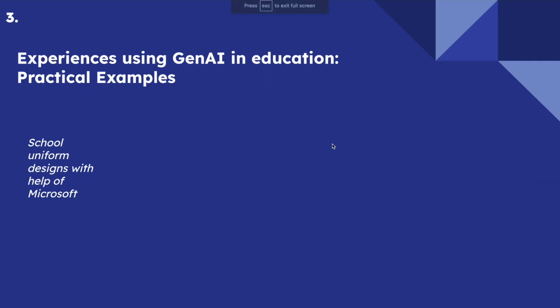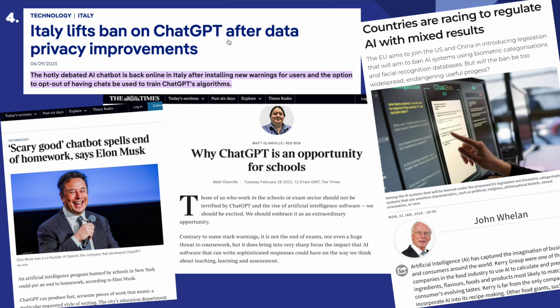Back to the presentation. Obviously in the news, when ChatGPT first came out, certain countries around the world, including Italy, decided to ban it, put a block on it, and they lifted that ban back in April 2023. There's all sorts of other things you may have seen on YouTube, lots of things from Elon Musk about his fears in terms of generative AI, not necessarily in the classroom, but its uses and the dangers and various things. So we watch this space.